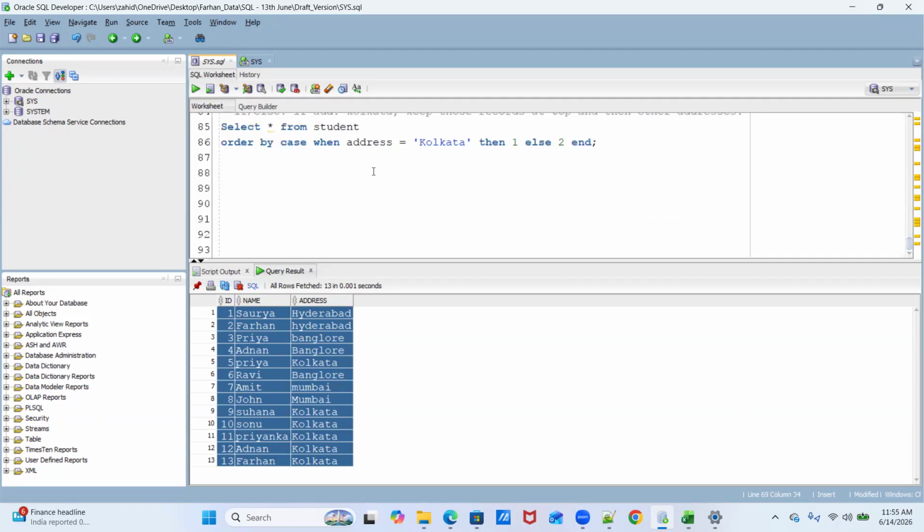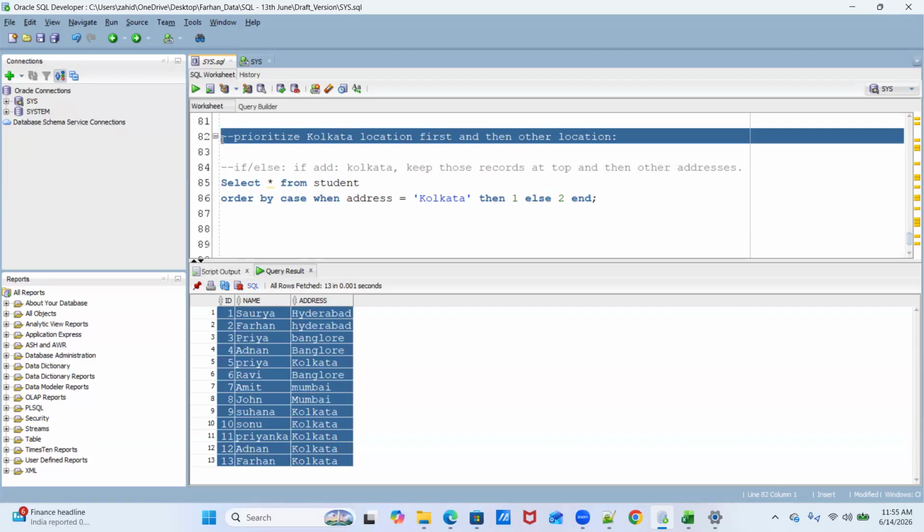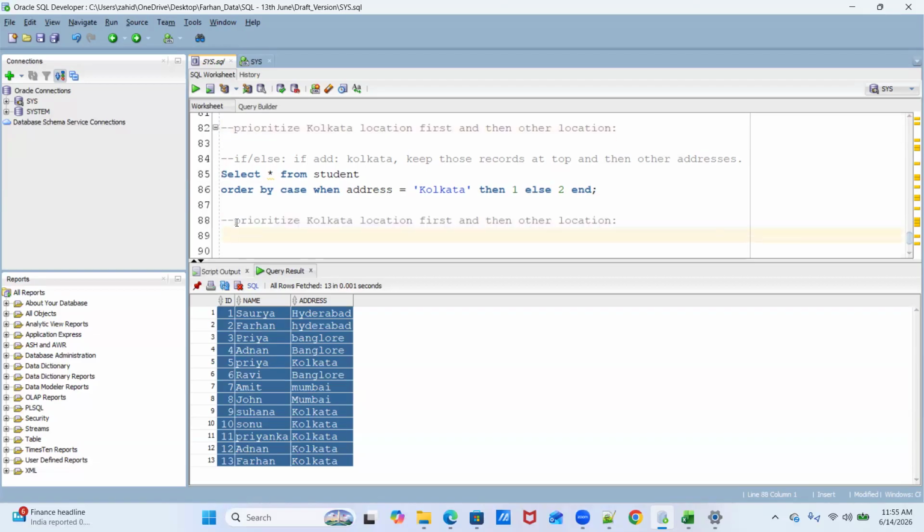So what we'll do, we'll prioritize this one. We'll try to do two things first, like Kolkata location first and Hyderabad, not Hyderabad. Since again there's a variation in Hyderabad record, so I don't want to explain that now.